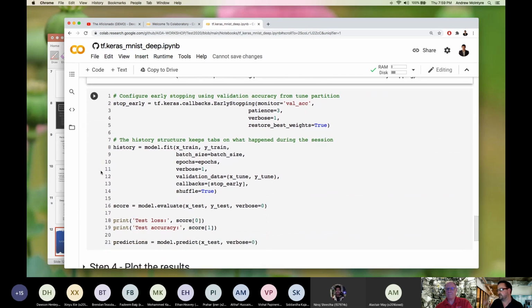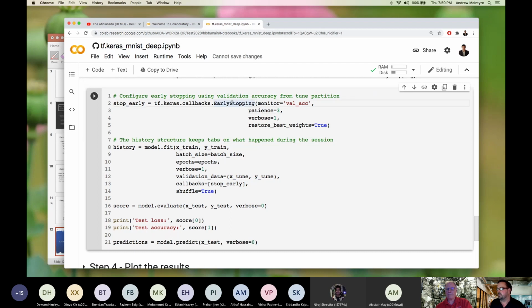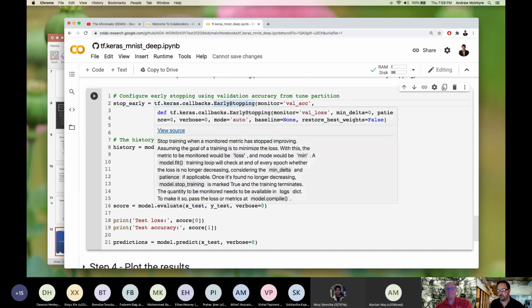Now, this is going to work a little bit differently because we are going to use an early stopping criteria here. And the idea with early stopping is that after each training epoch, the model is allowed to look at the validation set or the tuning set and make a set of predictions on it. And what we want to see happening is that validation loss is constantly coming down, because that tells us that it's probably generalizing better and better.